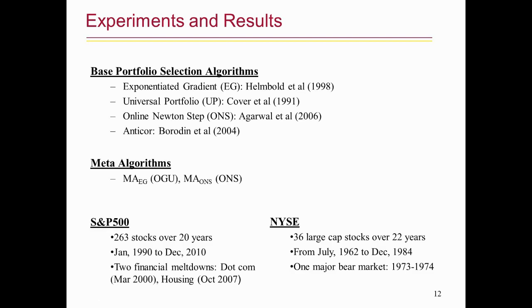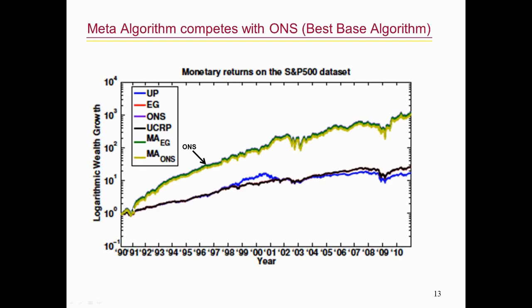And then we use two simple data sets which have been used in the literature. One is an S&P data set, 20 years going from 1990 to 2010, and there are more results on NYSE. So I'll jump into the results to give you a sense of what happens. This is a logarithmic wealth growth. You start with $1, right? You are allowed to trade as many times as you want. So there's no restrictions on trading, and this shows your logarithmic growth in wealth over time, at a daily resolution